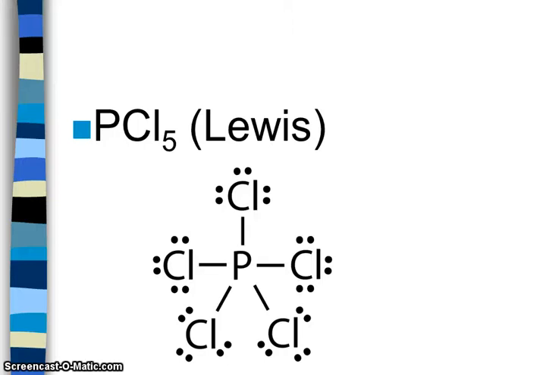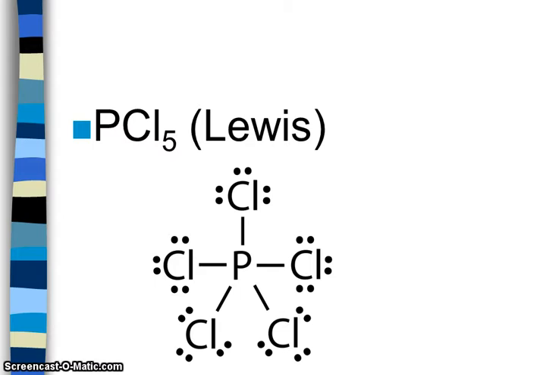Let's look at phosphorus pentachloride. Phosphorus pentachloride contains one phosphorus atom bonded to 5 chlorines. When we look at our chlorines, they have 4 effective pairs around their atom. They have 1 bonding pair and 4 lone pairs. And we know that when we have 4 effective pairs around a central atom, that atom needs to have an